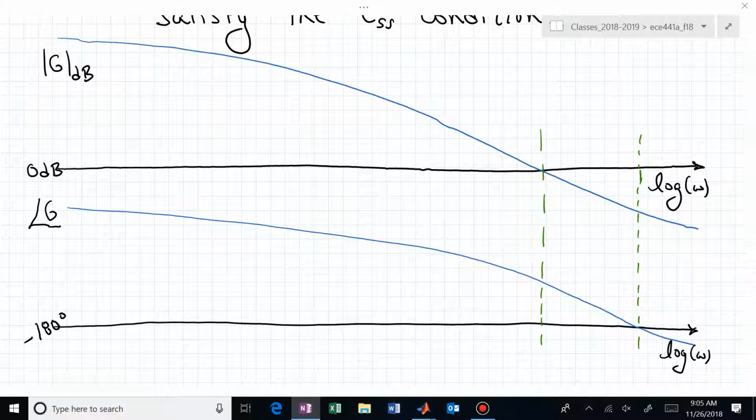or we actually know how to do that on gridded paper because of the relationship of these numbers with log of omega. But here is our magnitude, and 0 dB is indicated. And right below that plot is the plot of the phase curve. And I've tried to identify a couple of locations on this plot with this green vertical line, and it actually